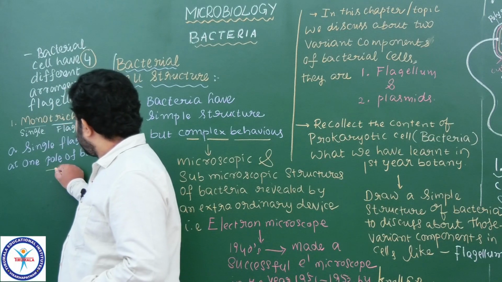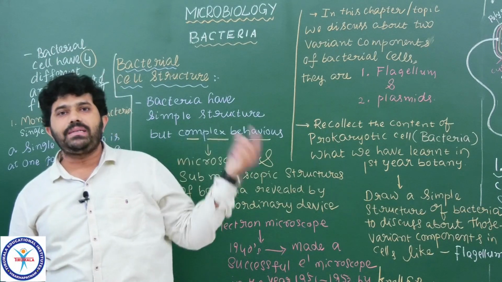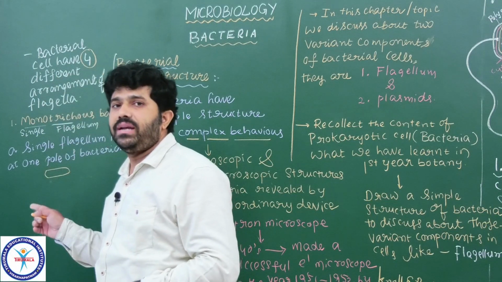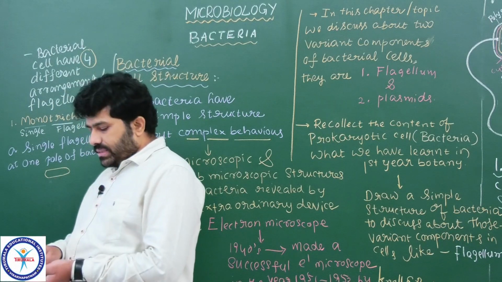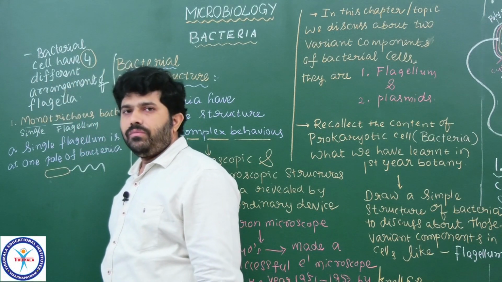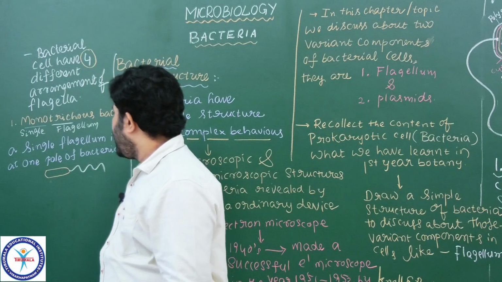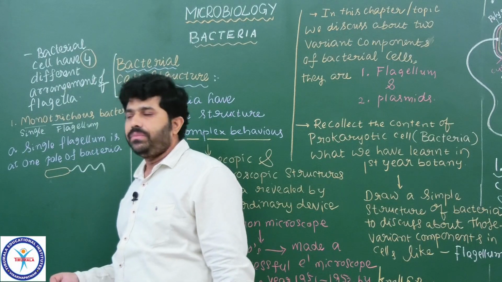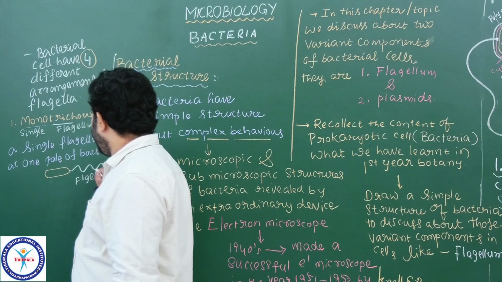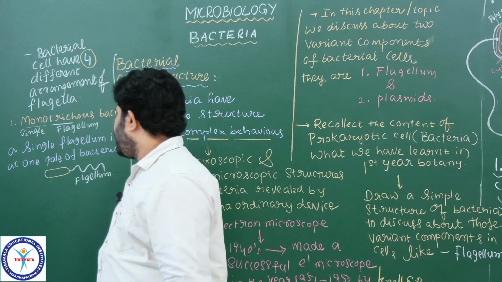See here, what type of bacteria is it? We already drew the diagram. Based on its shape, what type of bacteria is it? Bacillus, because it is an elongated, cylindrical, rod-shaped bacteria. So here is a bacteria with only one long wave-like movement, taken by a long thread-like structure called flagellum. How many flagella do we see here? Only one flagellum, right? Only one flagellum in this bacteria. So this type of bacteria we call what? Monotrichous bacteria. You please draw the diagram.